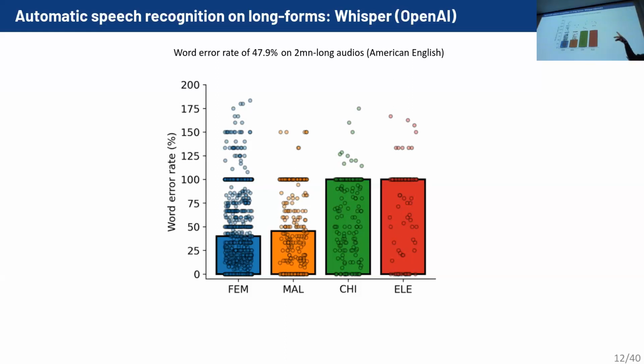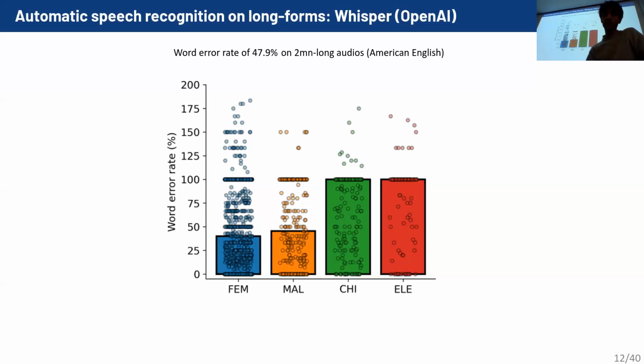So we did a more systematic analysis where we computed the word error rate obtained by Whisper on 2 minute long audio sessions collected in American English speaking families. And the word error rate is not that good. On average, the system obtains a word error rate of around 50%. On adult speech, female and male, the system obtains around 40% word error rate, whereas on child speech and electronic speech, we are at